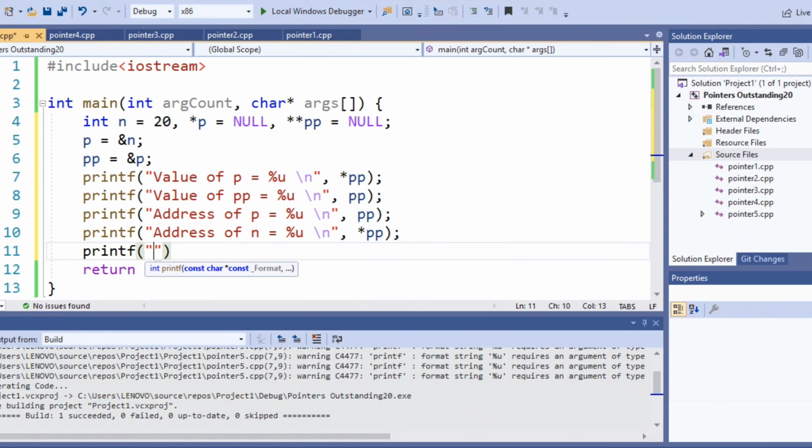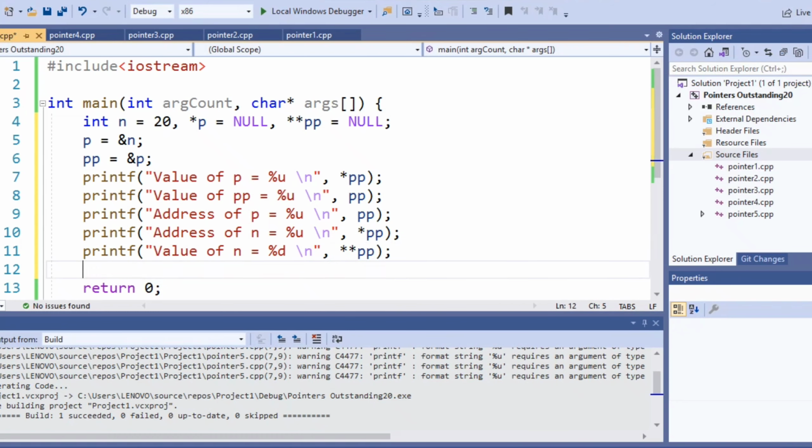Let us now take the value of n. The value of n here is 20, which is a signed integer, and hence I will take the format specifier %d, which I can access saying star star pp.